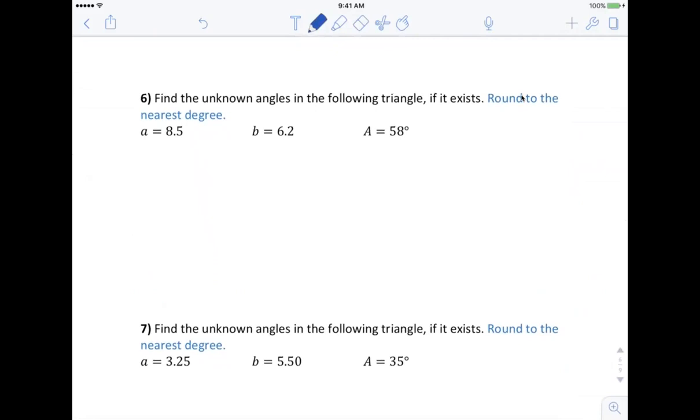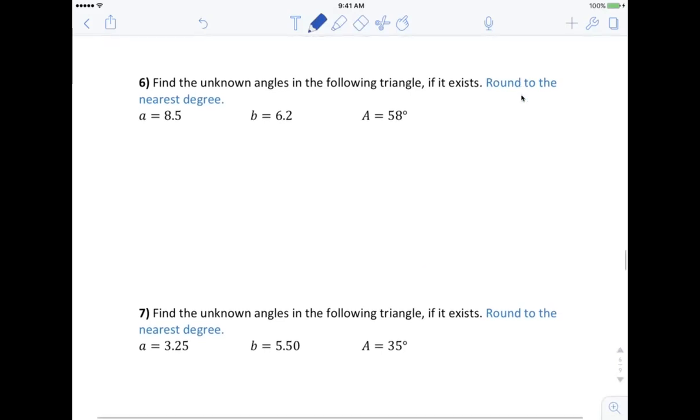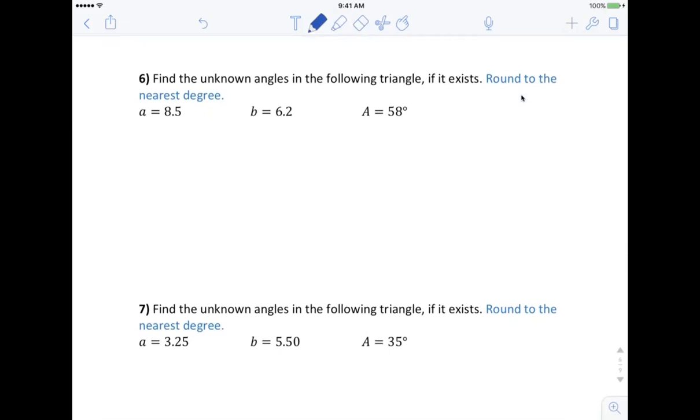So you'll have some of those where you have to find, and anytime you start a problem, you're going to try to figure out how many triangles. This one's asking a little bit of a different one. We'll find the unknown angles. We're going to take it a step further, but we're still going to start by drawing it and figuring out how many triangles are possible. So for this one,